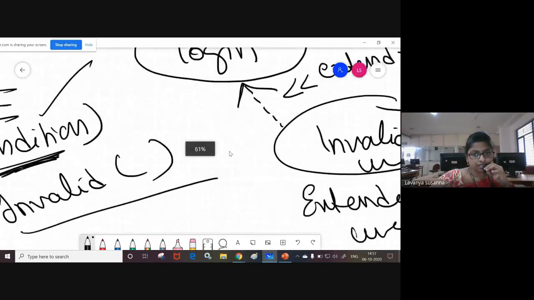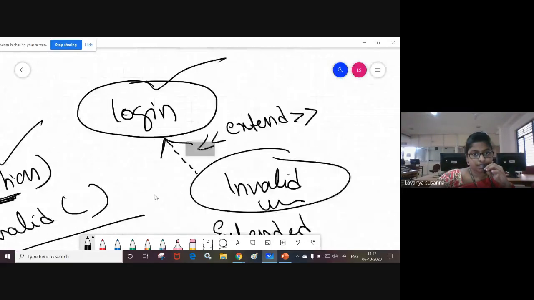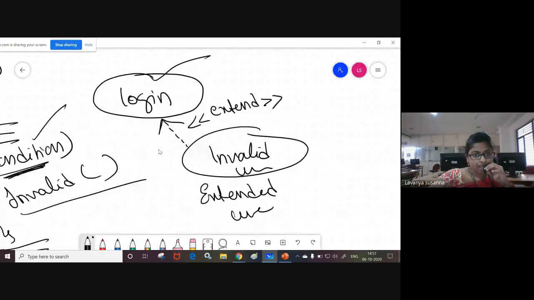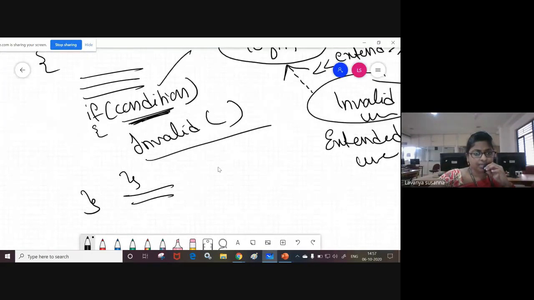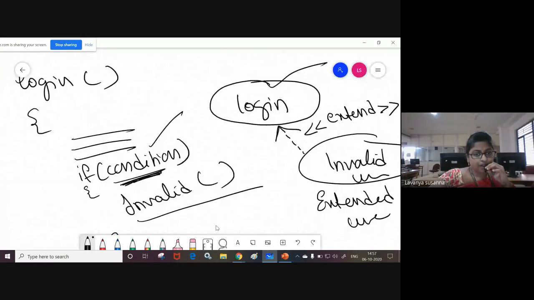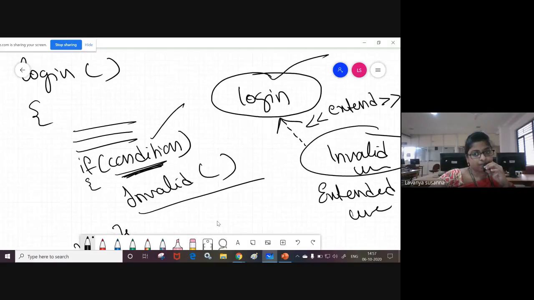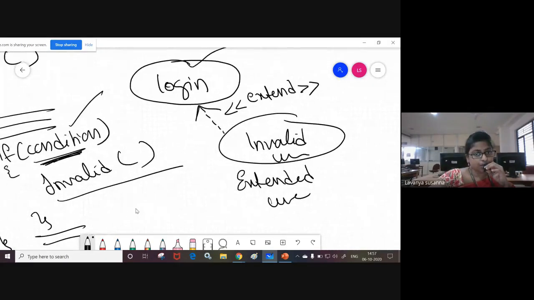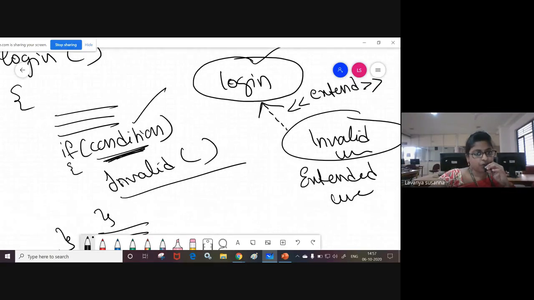Once again, see here. I hope you understood. See the code, something like that. Just an example, maybe it is wrong, just so that you will understand. If the condition is true, you are calling some function.